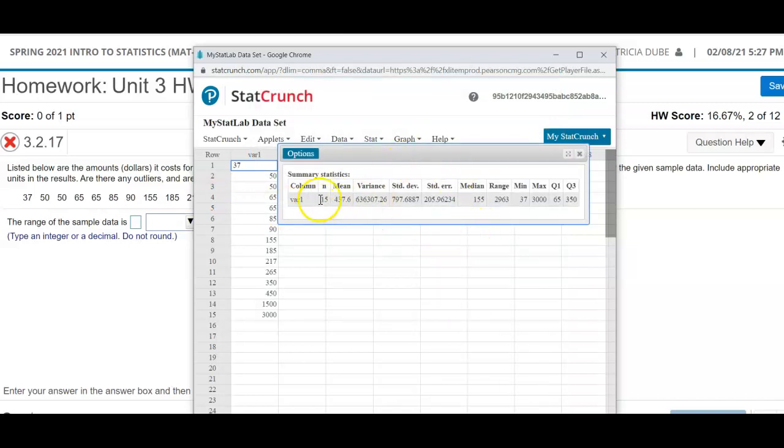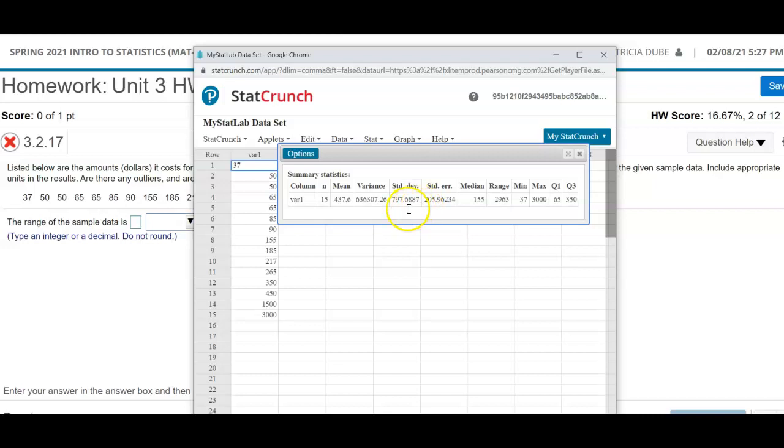Now, it gives me all kinds of stuff. N is the number of data points. The mean is 437.6. The variance, which we've talked about, is 636,307.26. That'll be dollars squared. The mean will be $437.6. The standard deviation is in the same units as the data. The variance is in the units of the data squared. Standard deviation,